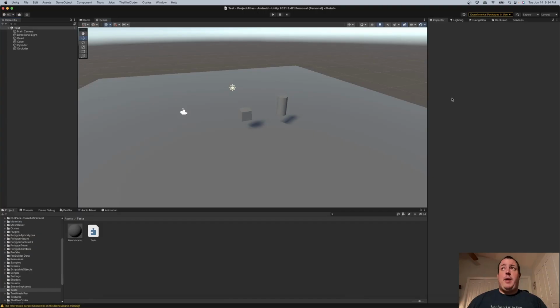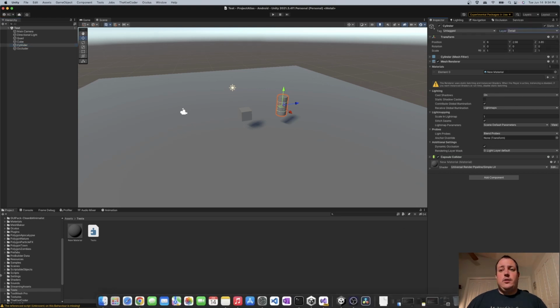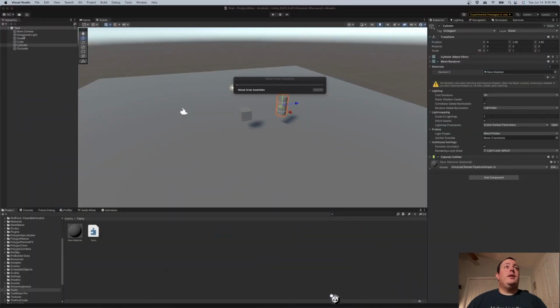So if I just go back to Unity real quick and I click on the cylinder, this one is 20. So that would be our particular index here. So, oops, if I come in and I say 19, well, actually, no, I believe 0 is already that. So I will set this to a small number like 5. And then at this point, I have to add this script somewhere on the scene. It's already grabbing a reference to the camera, so the script doesn't have to be directly on the camera. But when I go in and I play the scene, the script should still be attached to